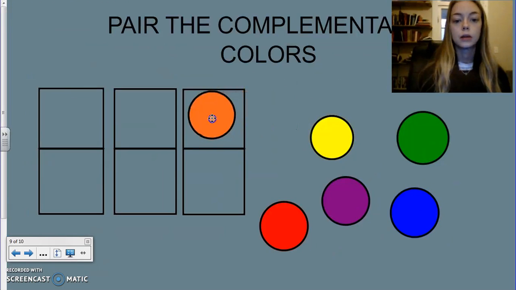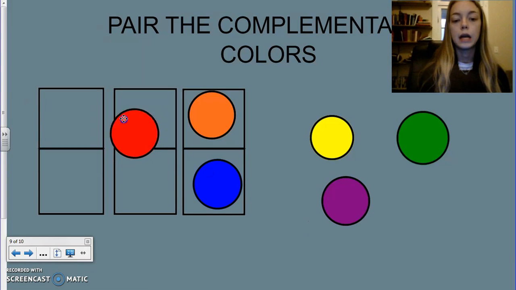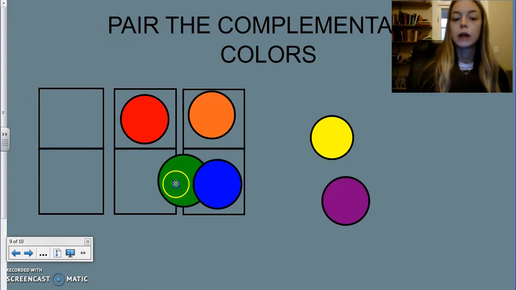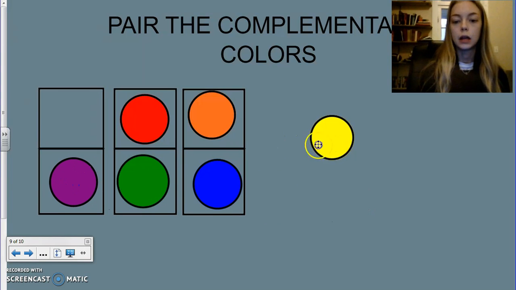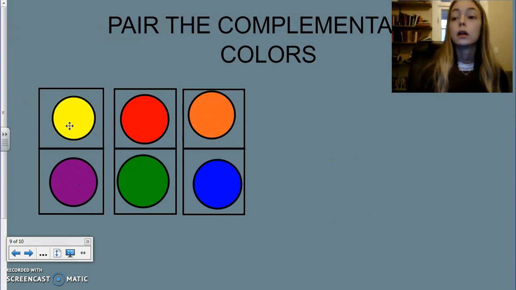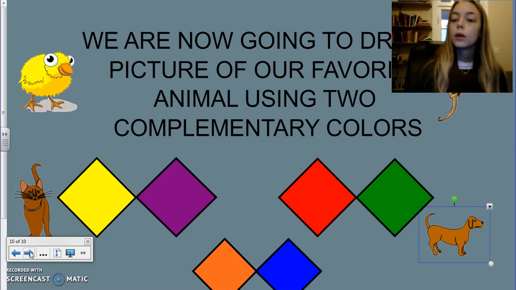Going back to the mouse function, so orange and blue, red and green, and as the students are interacting with the whiteboard, those students that are not will be having a conversation, confirming if the students are doing it correctly and making sure everyone's benefiting from the whiteboard, even if they are not utilizing it at that moment. And that would wrap up the activity portion of the whiteboard,